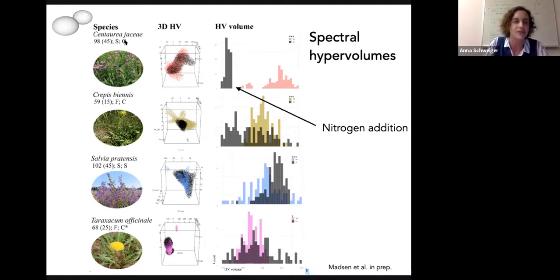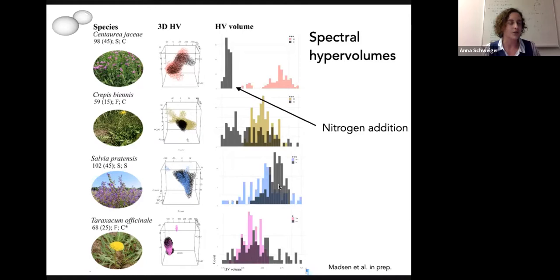Grime's strategy types. Whereas for faster growing species, the hypervolume size decreased, but it decreased less. Interestingly, for stress tolerant species such as Salvia here, the hypervolume size increased a little bit with nitrogen addition, which